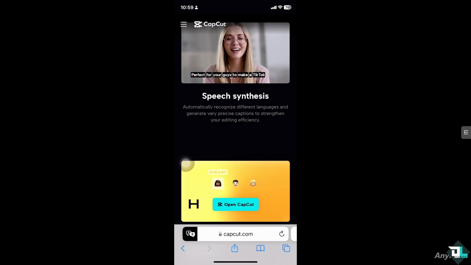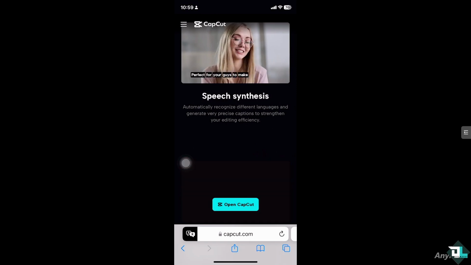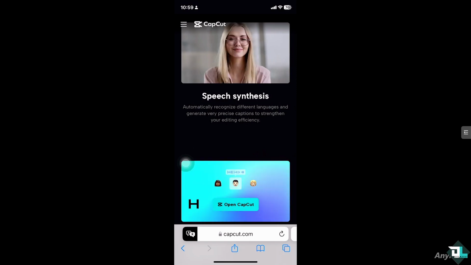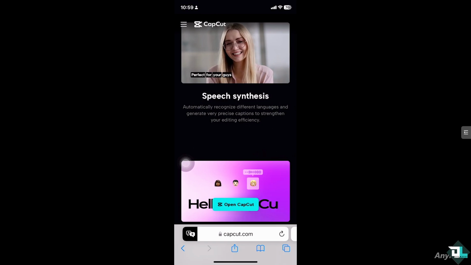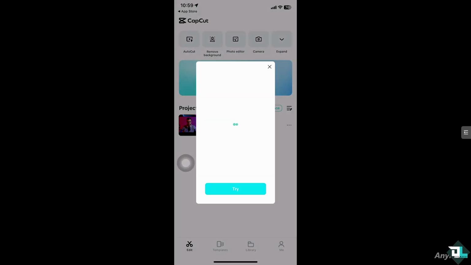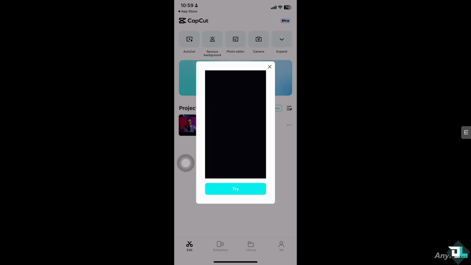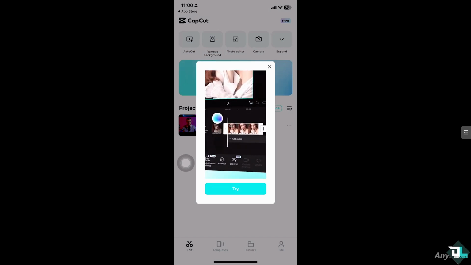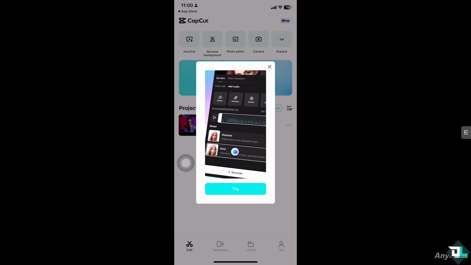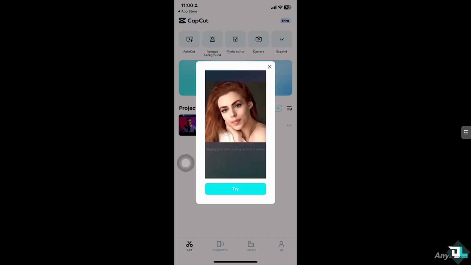In today's video, we are going to show you how to import custom fonts into Capcut on iOS. Let's begin. Importing custom fonts into Capcut on iOS can help you add a unique touch to your videos and give them a personal or professional feel that stands out. Whether you're working in a specific theme, branding, or maybe you just want something different, custom fonts can enhance your